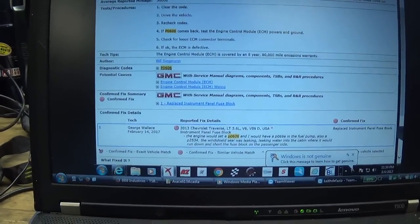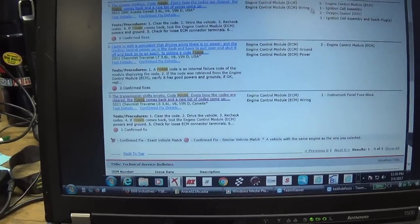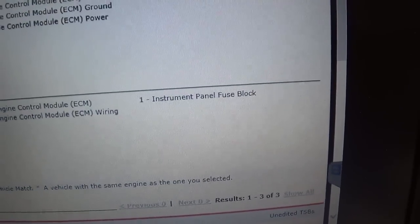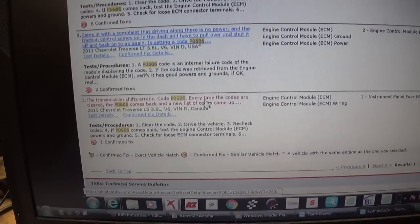Now you might ask, what the heck does the instrument panel fuse block have to do with that main relay, loss of power, the computer? I don't know. So let's see. The most common fix is replacing the engine computer. Sure enough. But one of the fixes is instrument panel fuse block. Now, if we go to this case study